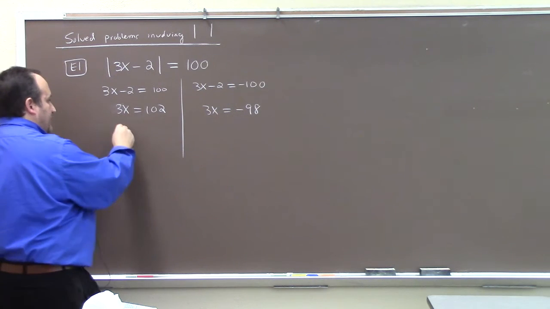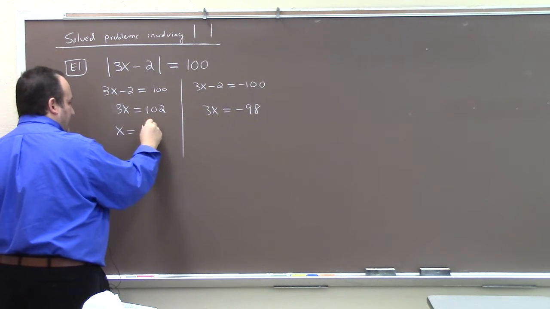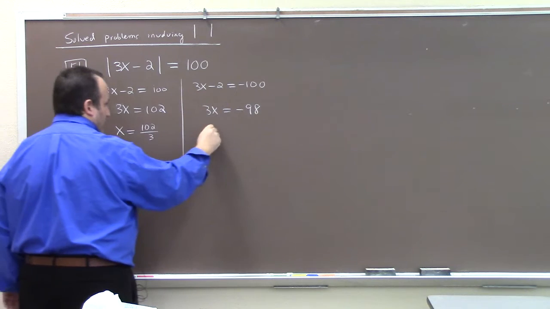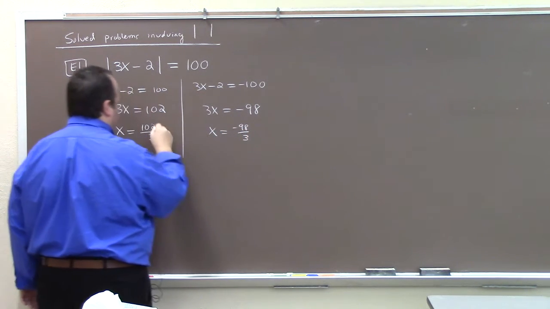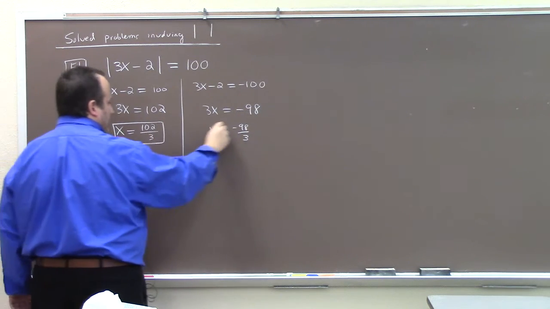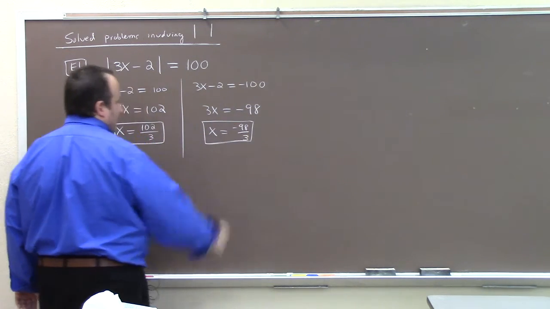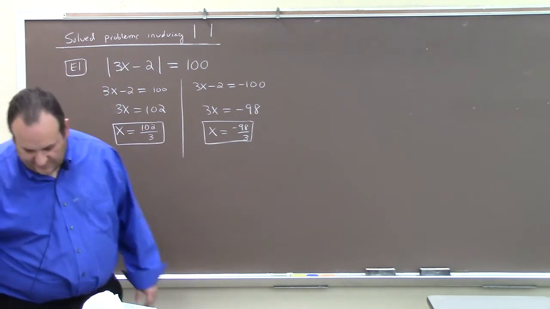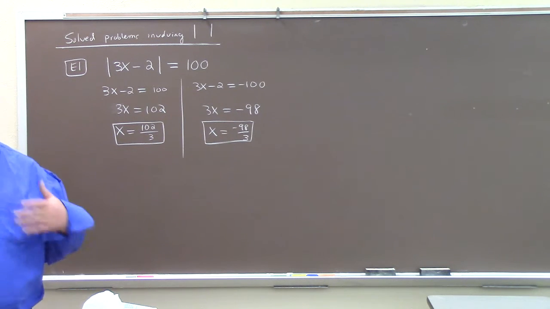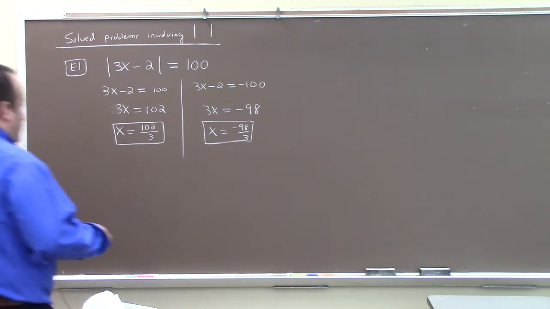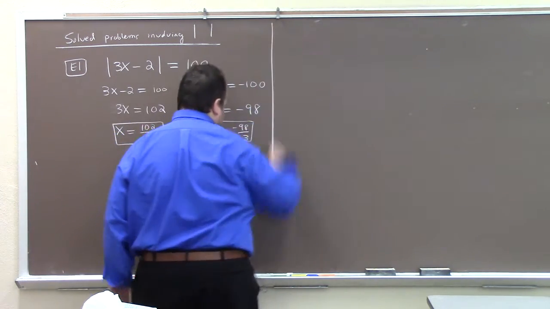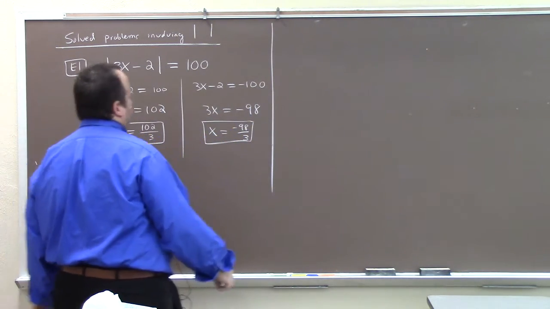So we either get the solution x is equal to 102 over 3, or we get x is equal to minus 98 over 3, and there you go. So to solve an equation like this with absolute value, we have to solve 2 problems, right? Because the absolute value can be plus or minus. We also looked at an example